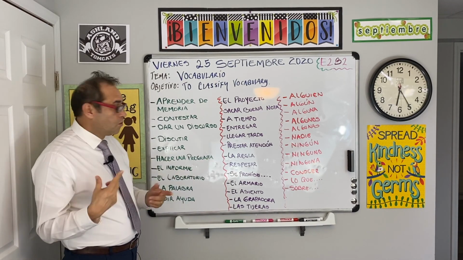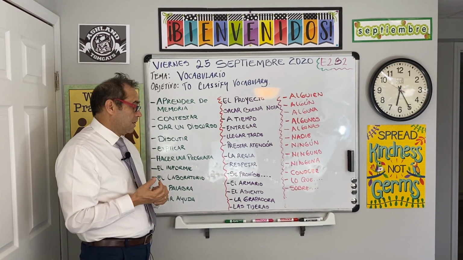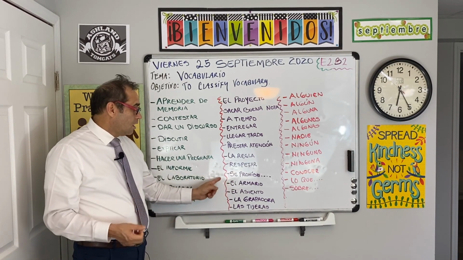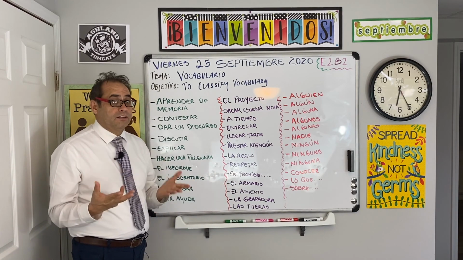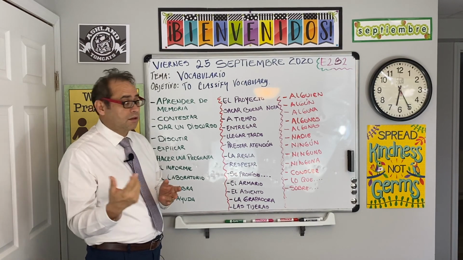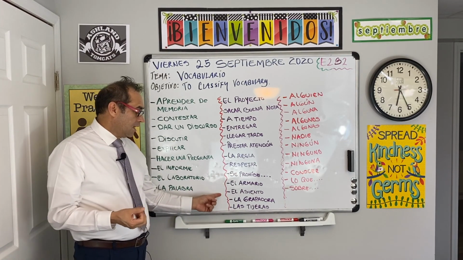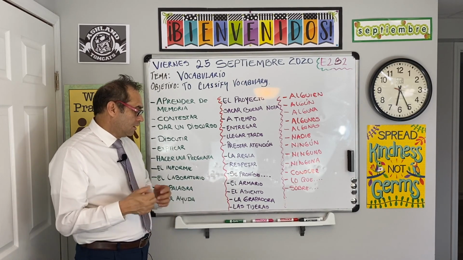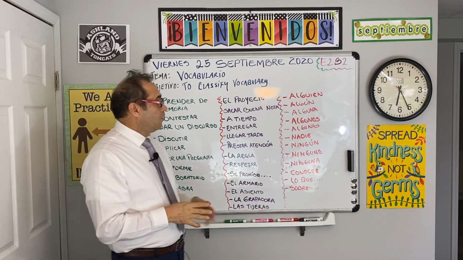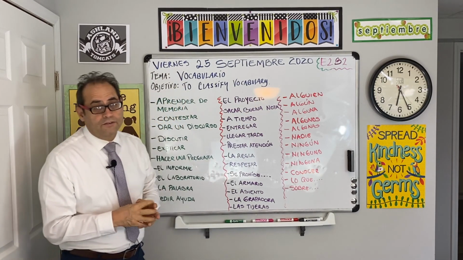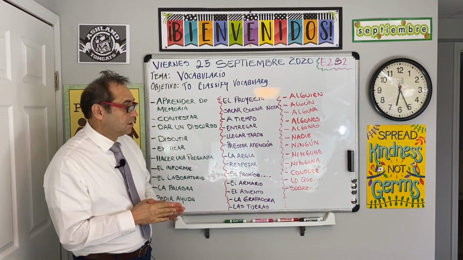La regla, the ruler, respetar is to respect. You need to respect teachers, almost like cognate here. Or students, partners, classmates. Se prohíbe, it is prohibited. It is forbidden to do something. El armario is the locker, when you go and keep things. El asiento, the desk. La grapadora, the stapler. And las tijeras, the scissors. And then we have the negative and affirmative words here. That is another chapter in the book that we are working on.